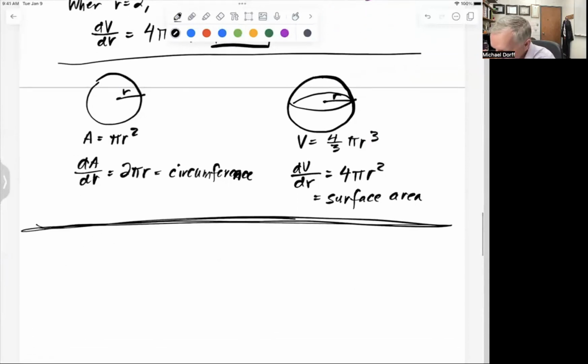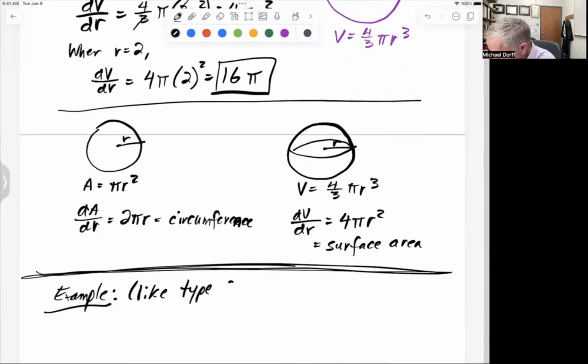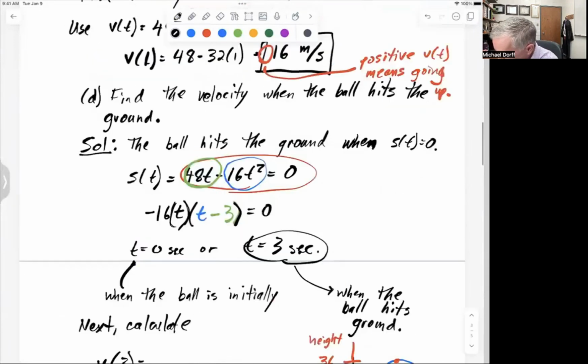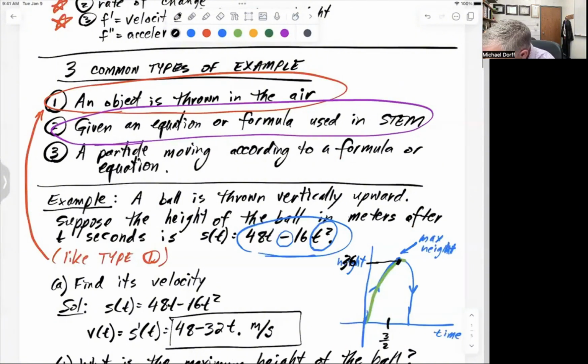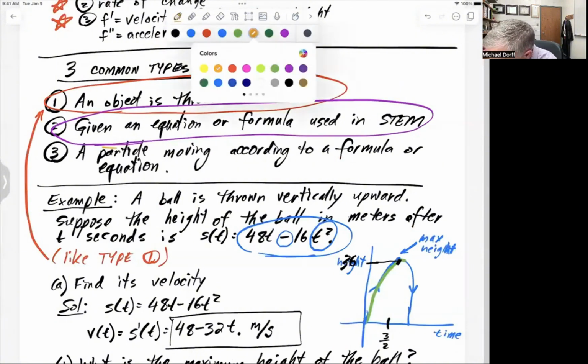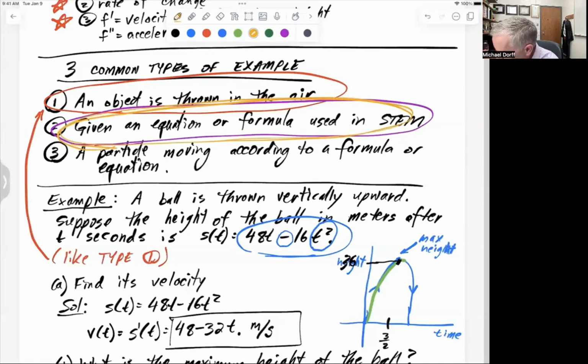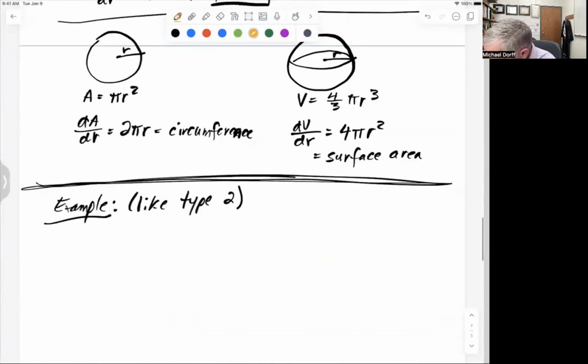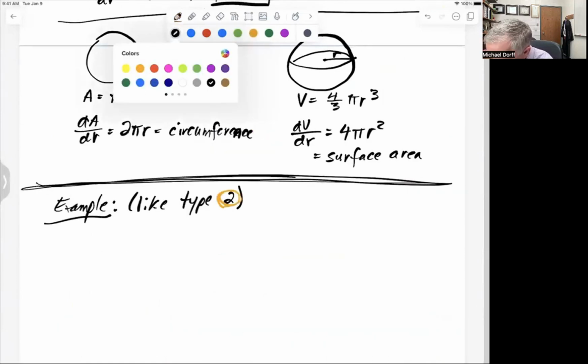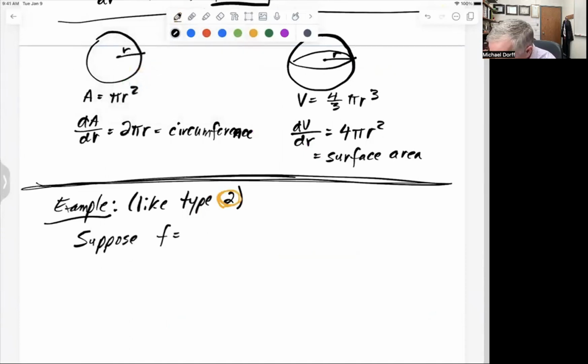All right, I think this is a cool type of problem. Let me do another example of this type. What I mean by this type is, like we said, type 2 from above. Now I'll use a different color here. This is type 2: you're given an equation or a formula used in STEM. So that's the type 2 that we're going to be talking about here, just like we did in the previous one. In this example, suppose f is given by this formula, 4a squared